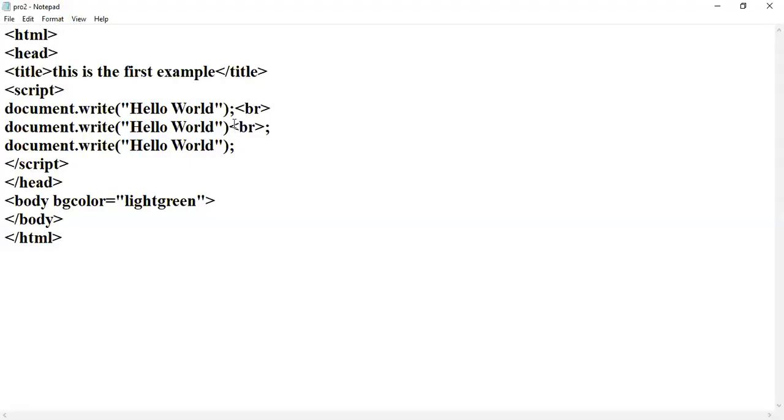So again I will go to the notepad and make the necessary changes here. I will write the code inside the script, inside double quotes only. I should write br here. Why? Because we cannot write HTML tags directly inside the script.